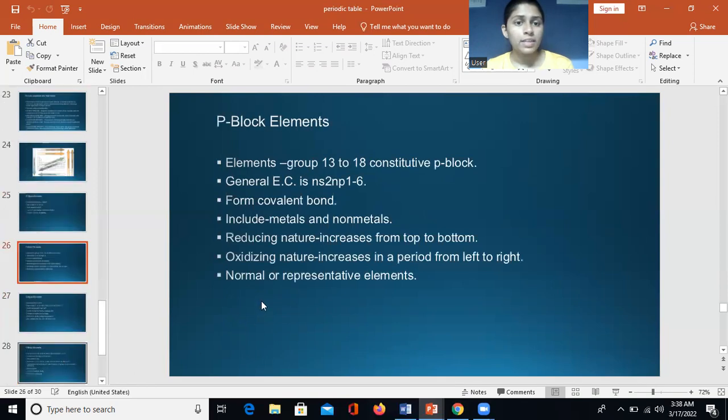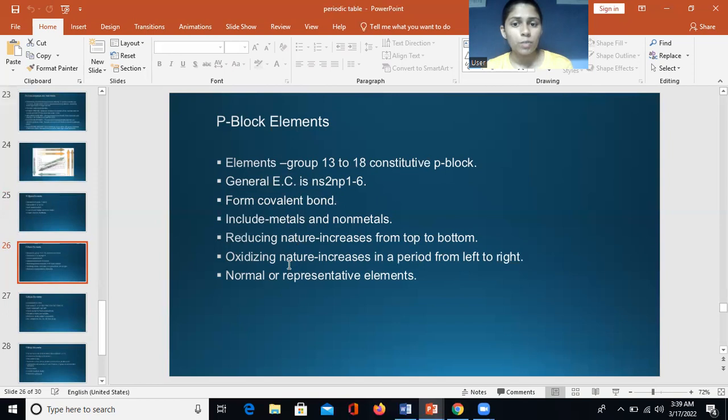Now let us see what p block elements are. The elements from group 13 to 18 constitute the p block. These are the p block elements. The general electronic configuration is ns2 np1-6. These p block elements form covalent bonds, and they include metals and non-metals,